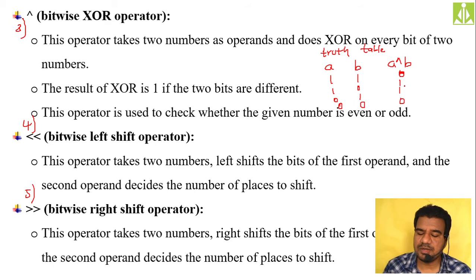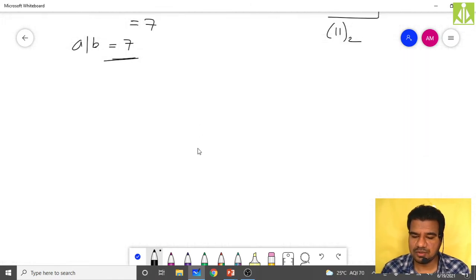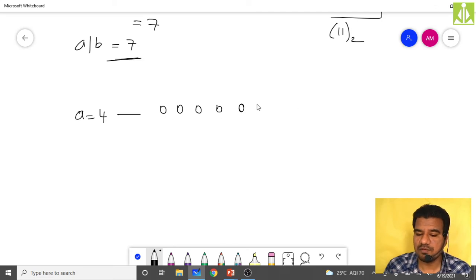Now apply this bitwise XOR operation to our example. Go to the whiteboard application and apply it there. I will write that number over here. The A value we took was 4, isn't it? The binary equivalent of 4 in 8 bits is 0 0 0 0 0 followed by 1 0 0.